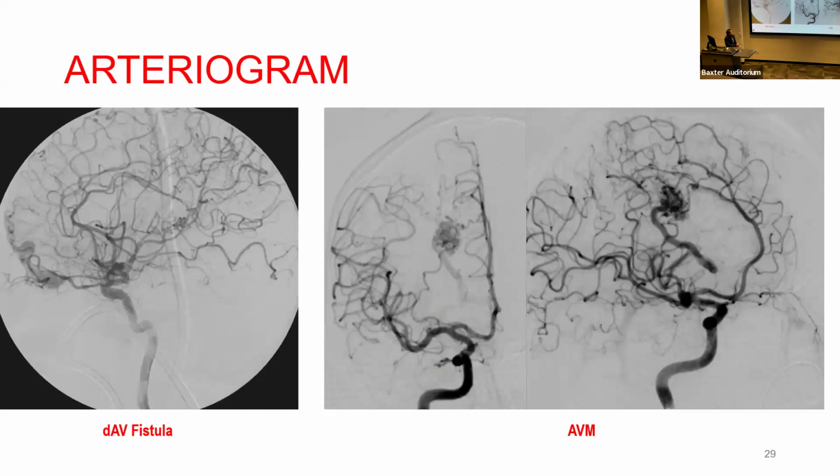So there are some conditions that could mimic IIH. In medically refractory IIH or fulminant IIH, I think it's key to do an angiogram. Not just a venogram, an arterial angiogram, because you can have a fistula with venous congestion that could produce the same symptoms, and sometimes you don't see this in just non-invasive imaging. You can have an AVM. There are different other conditions, fistulas, AVMs, that could mimic an IIH. And also, when you do the arteriogram, the late phase is the venous phase,